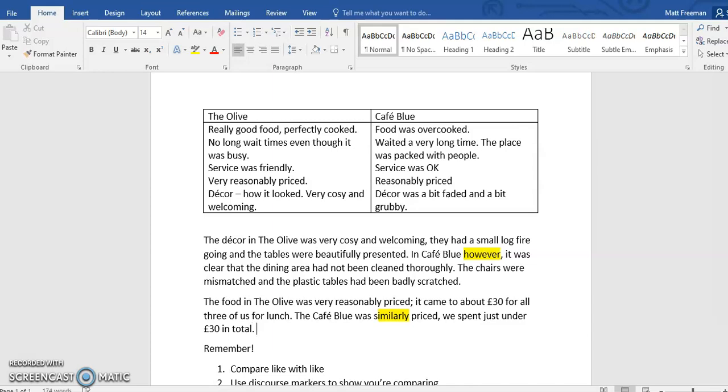We need to make sure we're comparing like with like, and we need to be using discourse markers to show we're comparing. If you'd like to have a little activity now, you might want to stop this video, maybe watch through it again if you like, and have a go at writing something like this yourself. Maybe compare a particularly good meal out you had with a particularly bad meal out you had, or a particularly good holiday with a particularly bad holiday. Anything you like, and email it through to me at the usual email